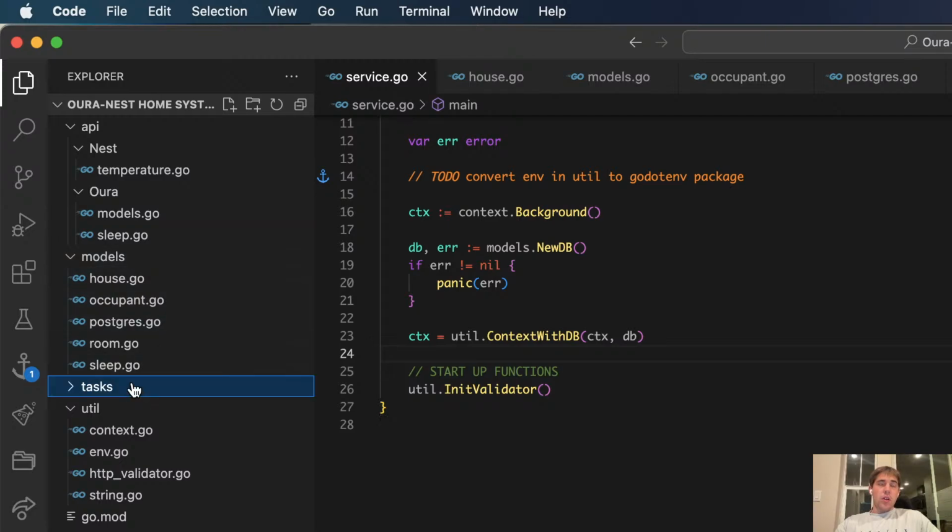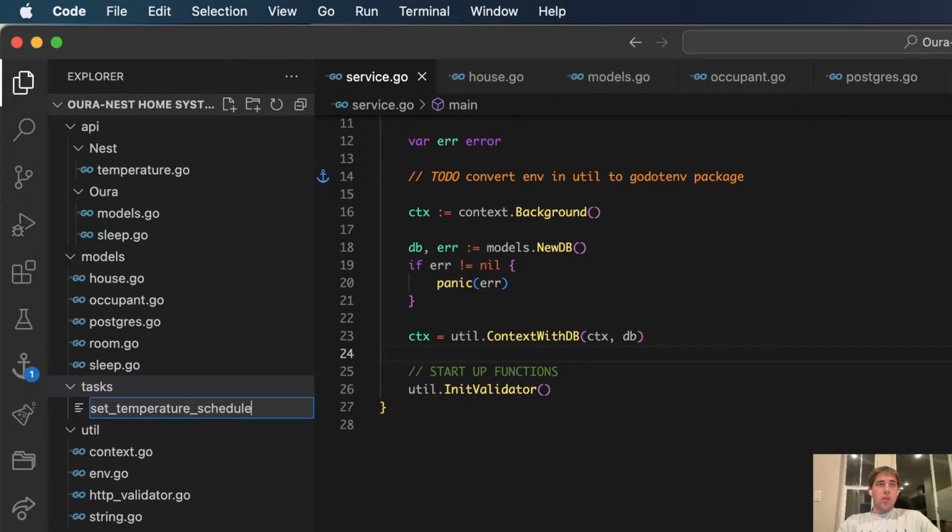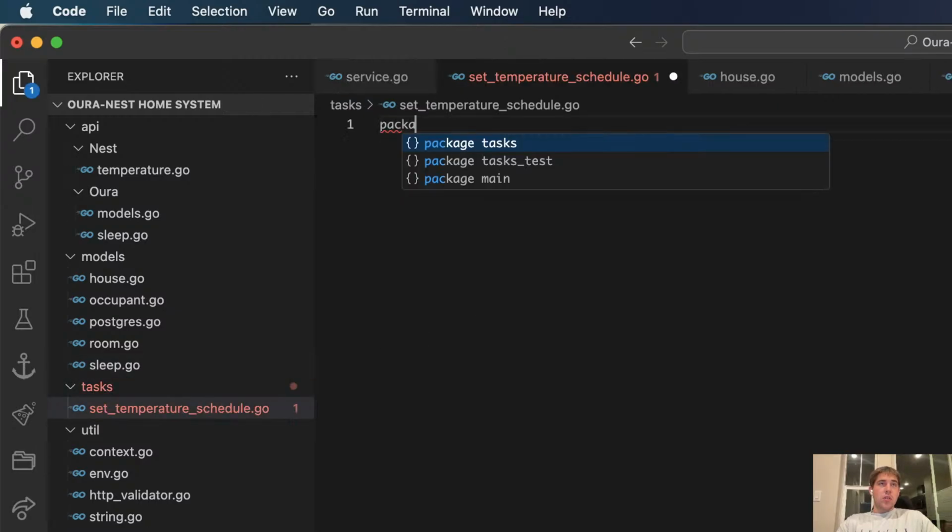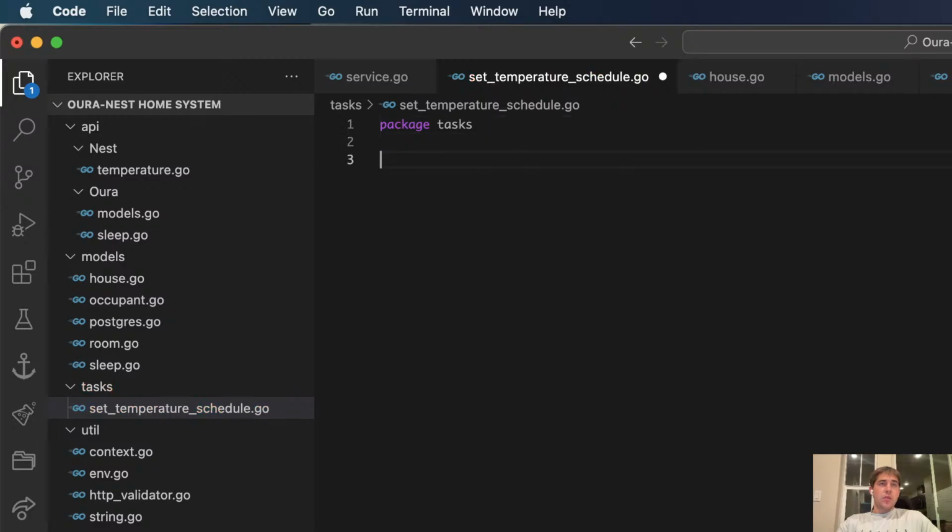All right, let's say set temperature schedule. I'll go package tasks, and we're gonna go func set temperature schedule.